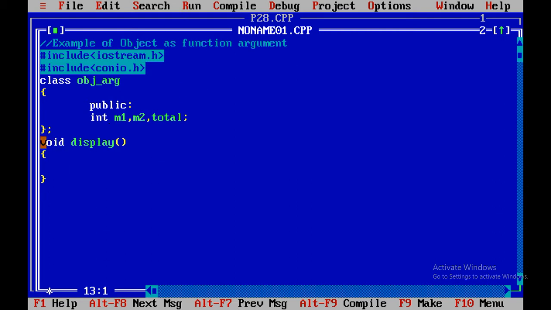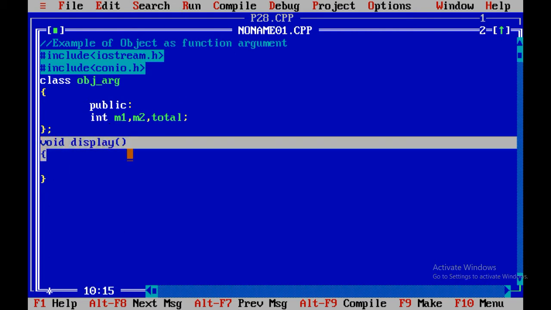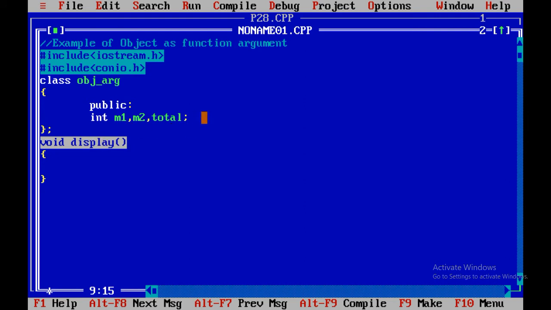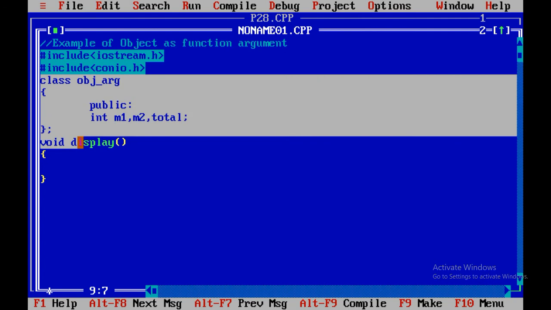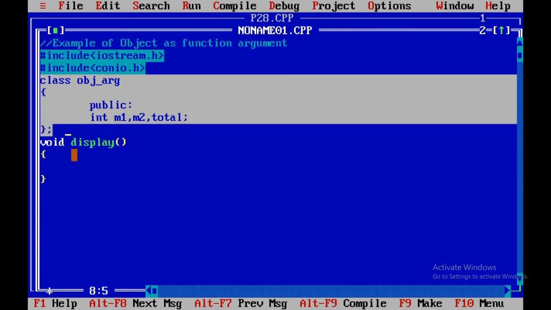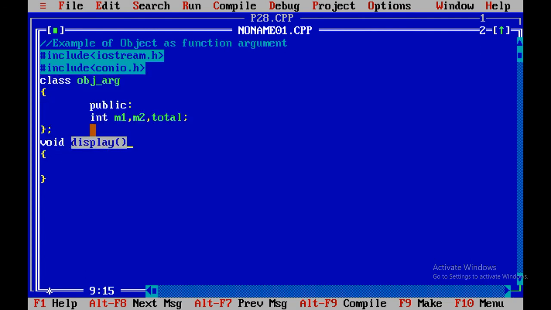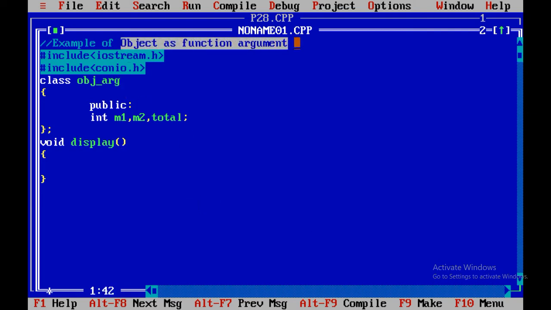Now remember one thing, that I have not declared the display function inside the obj arg class. That means this function does not belong to the class, or it is not part of the class. So this function we can call directly, no need to use the object of obj arg class. In this function we are going to pass object as function argument.